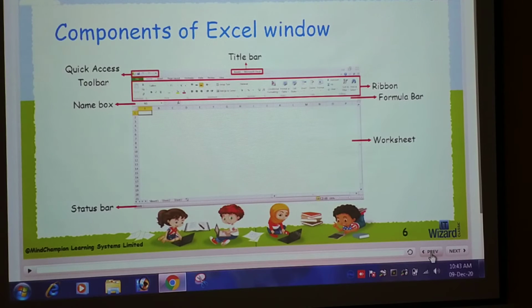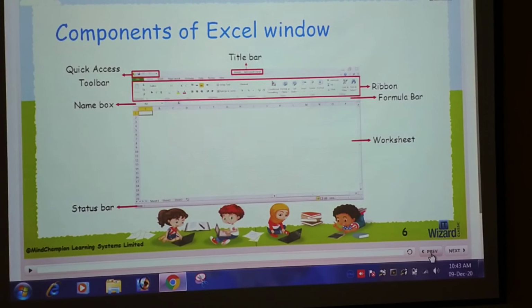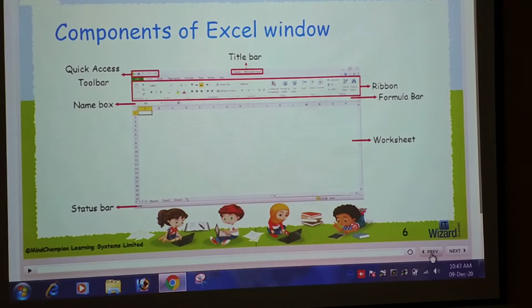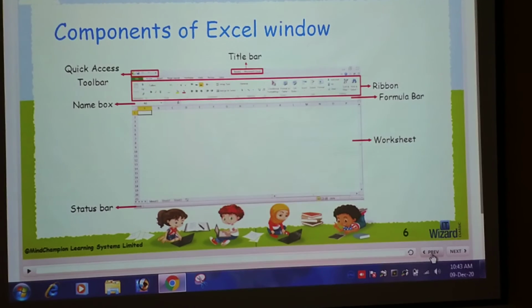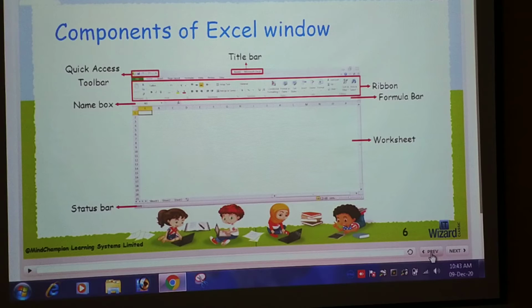Now next is formula bar. Formula bar displays the information about the active cell. And a workbook contains 3 worksheets by default: sheet 1, sheet 2 and sheet 3.